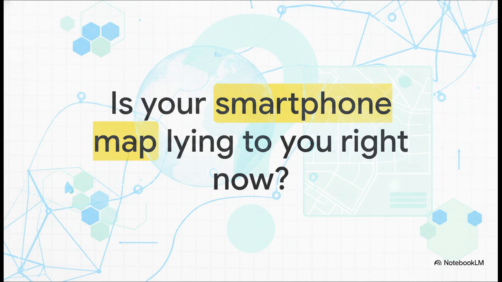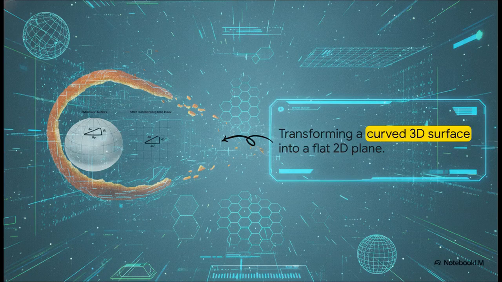Globes are great, right? Their curved surface doesn't distort distances, areas, or angles. But they're definitely not pocket-friendly. We need flat maps. They're cheap, easy to transport, and obviously essential for our digital screens. And this brilliantly illustrates the core issue. Taking a curved 3D reference surface and forcing it onto a 2D flat coordinate grid inherently stretches and tears the